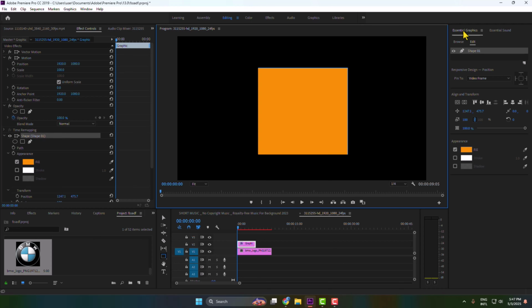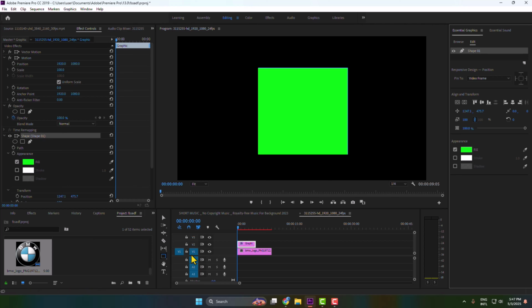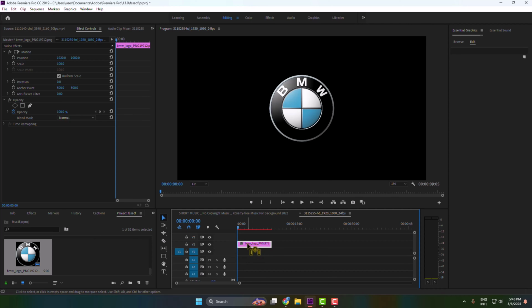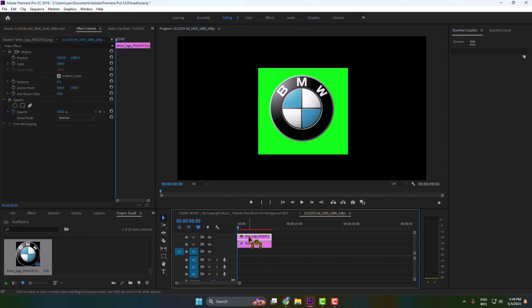And then from this Essential Graphics I'm just selecting a glowing color, and then select the selection tool, increase your graphics length, and now we have to put our object above the graphic layer. So just click this clip and put it above the graphic layer just like this,